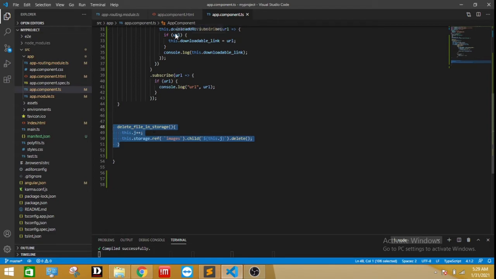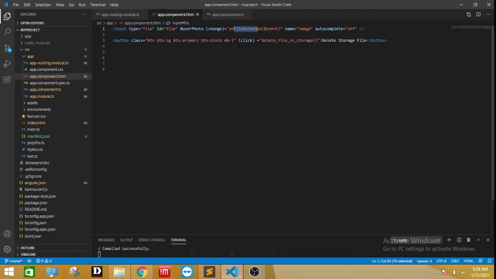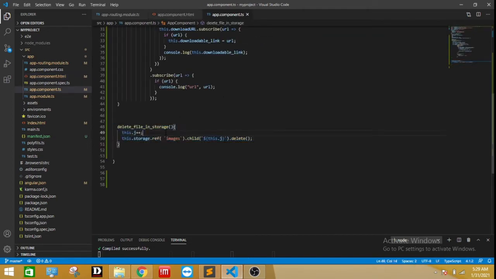What it means is, when we click on the button delete storage file, it calls the function delete file in storage, increments the value of j and deletes the file present at this path with this name.